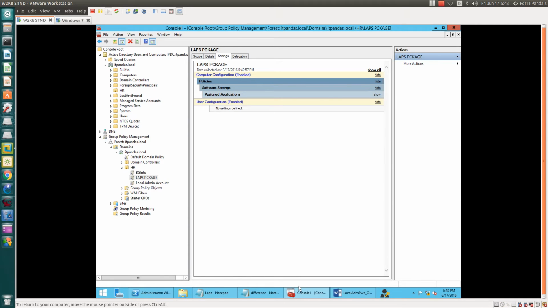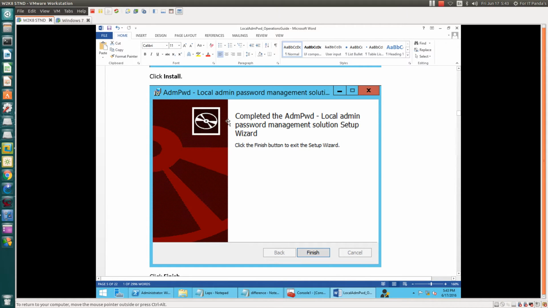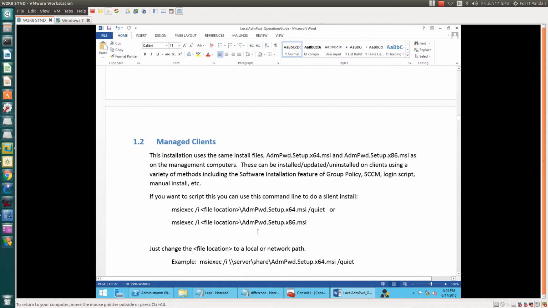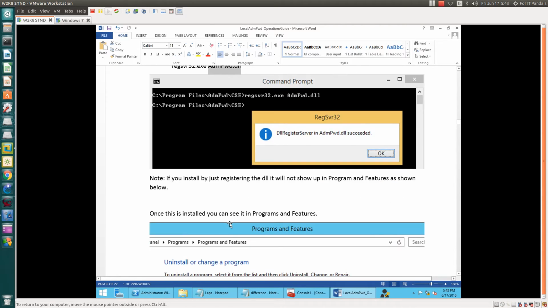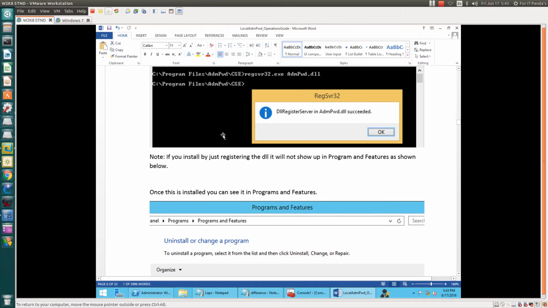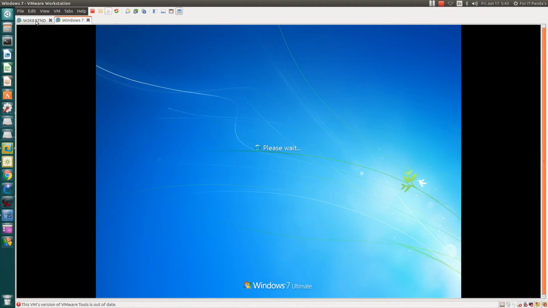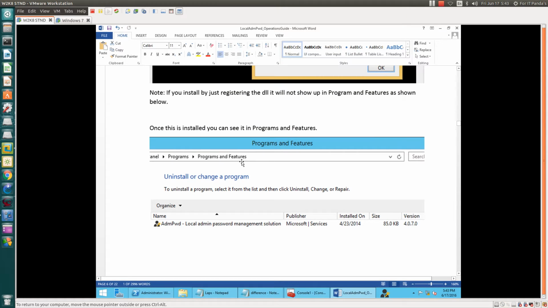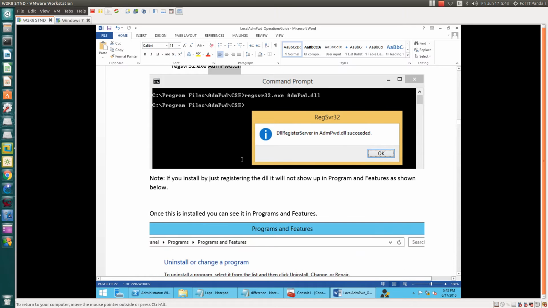Alright, so we have installed the application on the server side. Second, we deployed the package on the client side to be installed. As soon as the installation is done, we should be able to see this in Control Panel, Add or Remove Programs. This application should appear here. So let's cross verify. Please wait, it's taking a little time. Alright, so this should be installed on the client side.